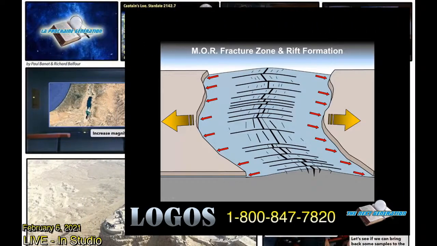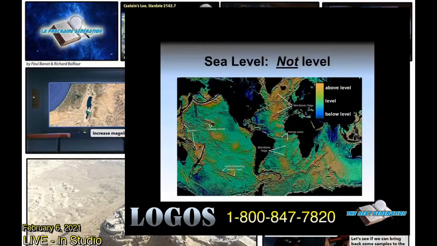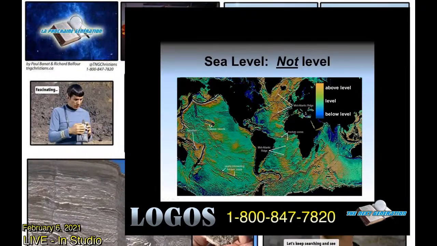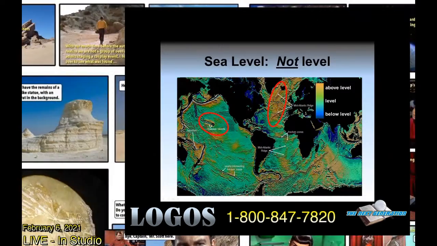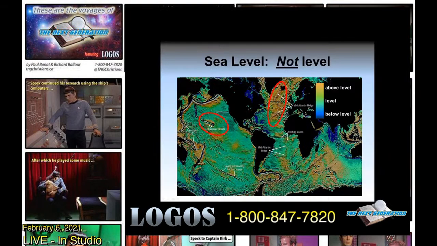Precise measurements of the ocean's surface affirm hydroplate theory's idea that fracture zones are actually deep open tension cracks rather than shear planes along shifting faults. Sea level is not actually level because Earth's gravity is not the same in all locations. Large massive objects like island chains or the mid-oceanic ridge gravitationally pull the surrounding water up toward them. For example, the Hawaiian Islands raise the adjacent ocean levels 80 feet higher than they would be if those islands